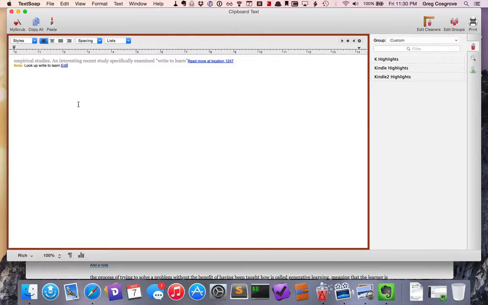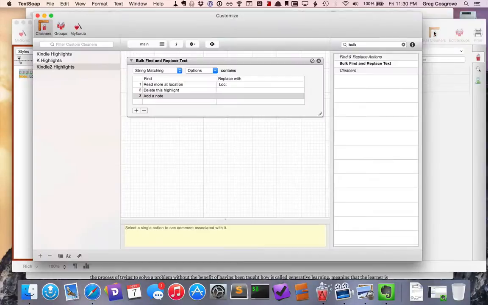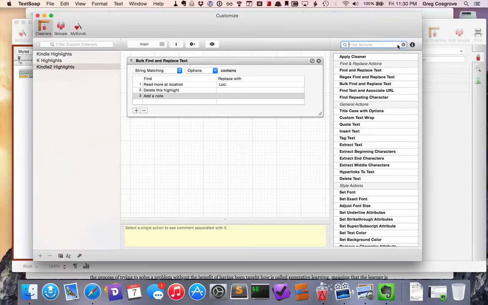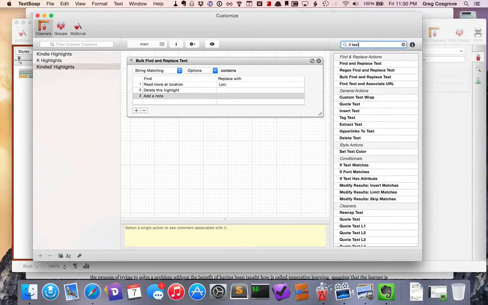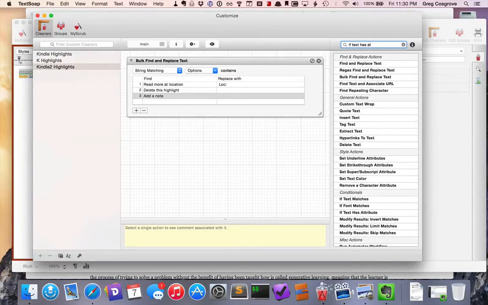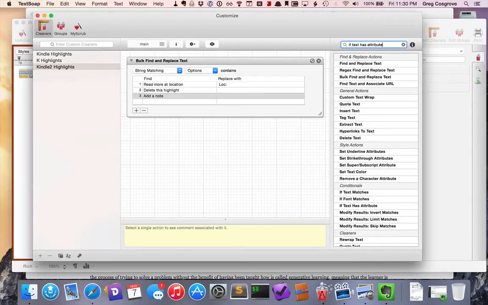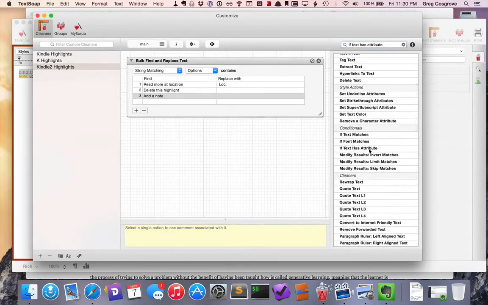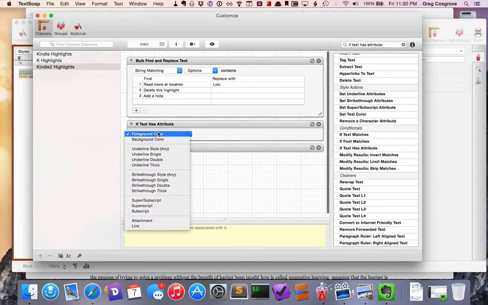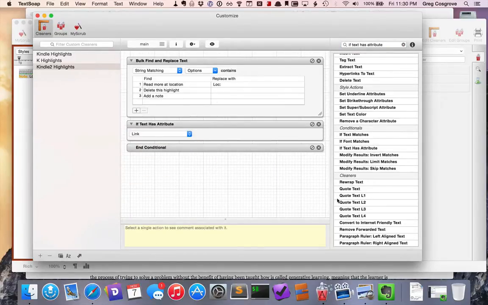The problem with edit is it's a really common word. Fortunately, there's conditional cleaners in TextSoap that you can apply to help take care of that. So let me go back to my custom cleaner, to my edit cleaners, and go up there. And so what I want to do is, I want if text has attribute, conditional. If text has attribute, and I want to say link, then because it's a conditional and you can see